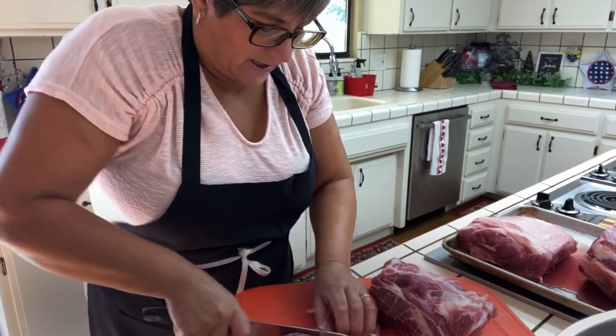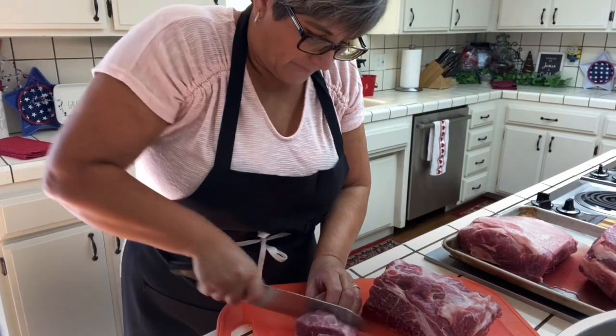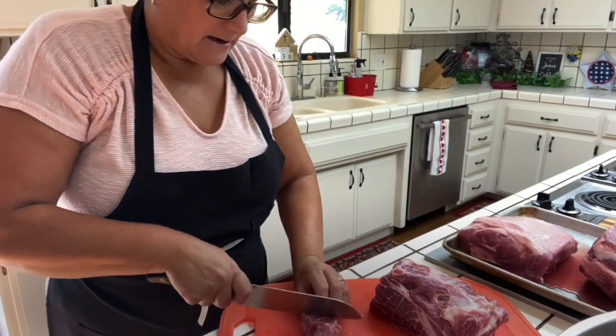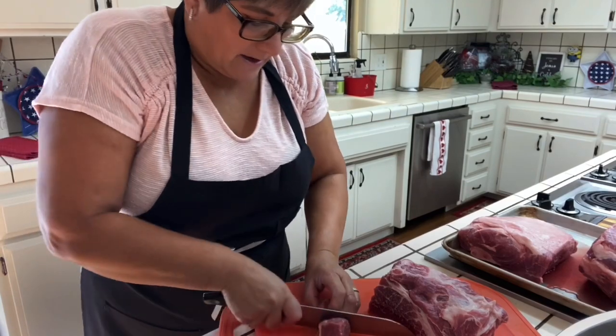So I'm just gonna cut this. This is for some customers that I have for tomorrow. So I'm gonna cut this today, marinate it, and then I'll cook all this tomorrow. And